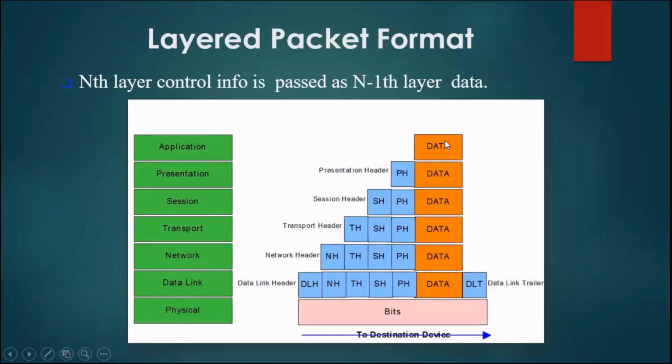in the initial. When the data starts from the application layer, it gets the presentation header. The presentation header will add what? It will add the encryption, compression, and the translation of whatever type of medium it's trying to send across. Then the session layer will add its header to the current presentation header plus the data itself. The transport layer will add what? The source and the destination port along with the session header, the presentation header, and the data. The network layer will add the IP address to the current transport header, session header, presentation header, and